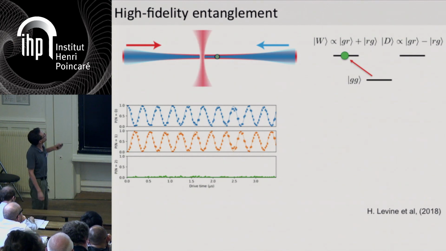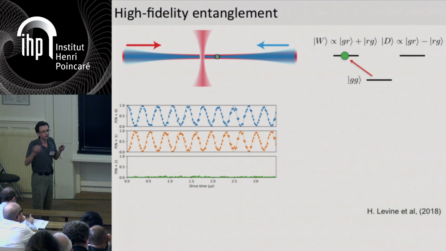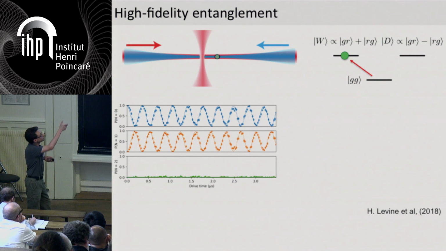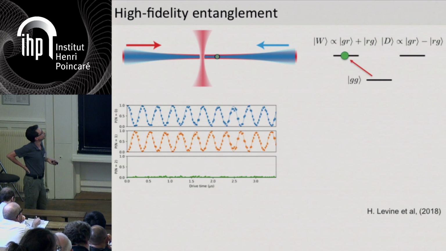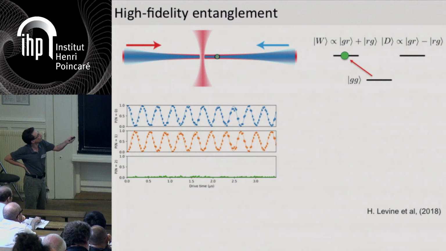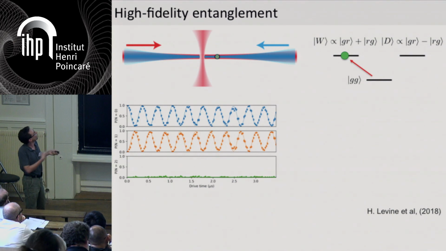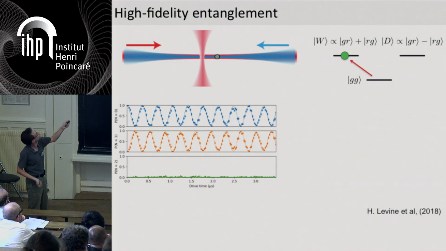And now we can ask ourselves, what is the fidelity of the preparation of this state? And for this, of course, one needs to measure the populations of the state that we have prepared, but also the coherence between the bright state here and the dark state. Sorry, the coherence of the non-diagonal elements of the density operator of the W state that we have prepared. And a way to measure this coherence is to use some single atom addressing thanks to an extra laser beam, which only talks to one of the two atoms and which just induces some light shift, which will add a phase shift here.